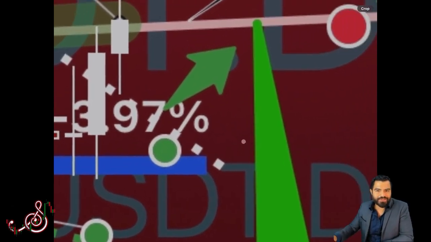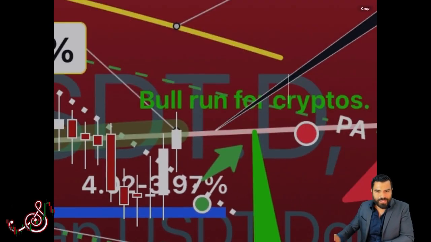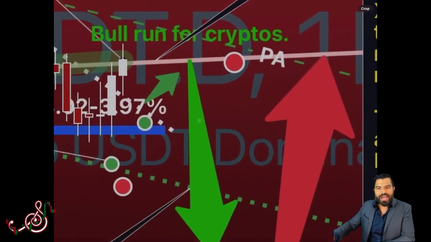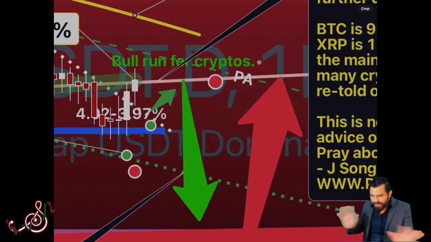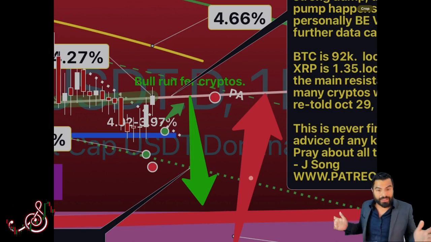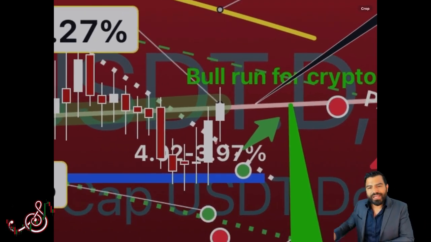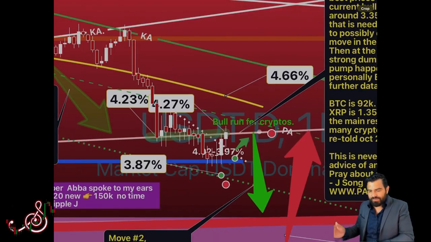If it happened closer to here, I was going to get out, take some profit, and then come back into the market here. But either way, when this one goes down, the color is green. You would say, wait, shouldn't it be green going up? No. Remember, when this one goes down, your cryptos go up primarily.